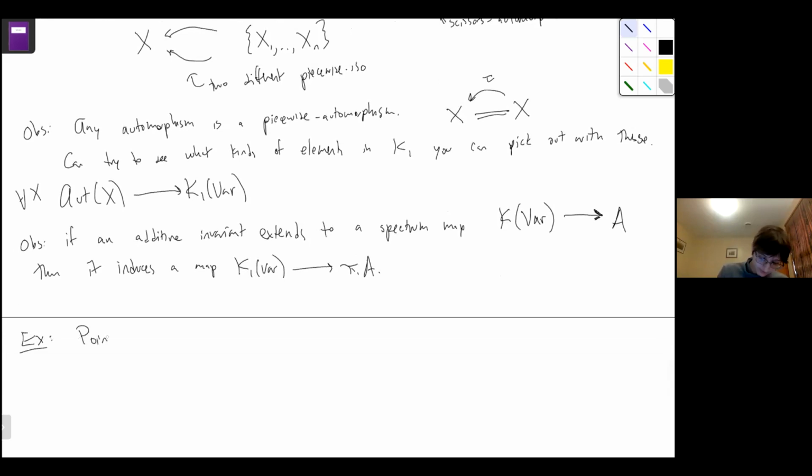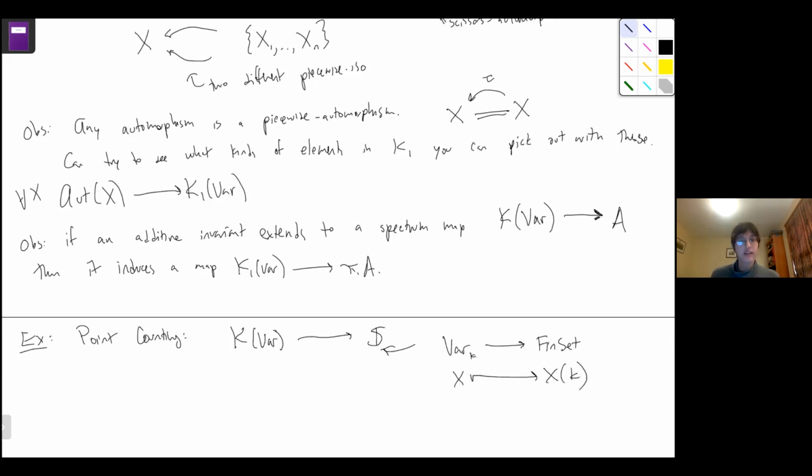So point counting, which I already mentioned on K0, in fact extends to a map from K of varieties to the sphere spectrum. And the reason it's the sphere spectrum is because the map that you are actually looking at is the map from varieties to finite sets, sending any variety to its points. And the K-theory of finite sets is the sphere spectrum. And we also have a map back because we have a map from finite sets into varieties, just taking, for any finite set, a disjoint union of points. And you can see that if you go around this way,